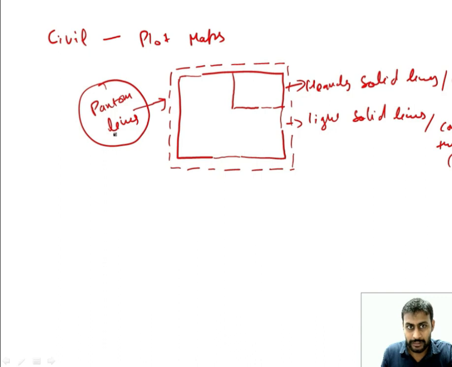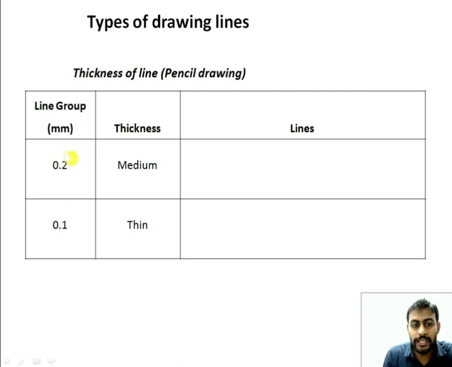So basically there are three lines in your types of line: heavy solid lines, light solid lines, and phantom lines. The basic meaning and the differentiation are not much bigger. They are also represented by the continuous A type line, continuous B type line, or continuous thin line. You can say they are light solid lines. So these are the examples of types of lines that we will use in our drawing instruments.